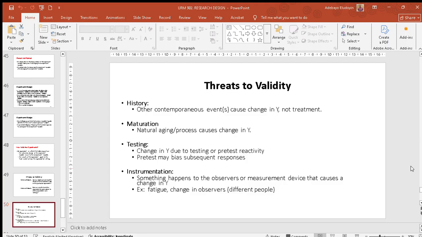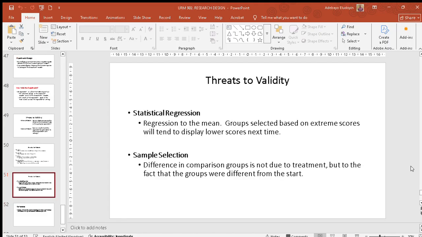For example, people using global positioning system, it is essential for you, number one, to name the model of the instrument you are using, and you put in the accuracy level, maybe plus or minus 5 meters or plus or minus 10 meters, because these will give us information about how valid your results will be. And so those are the things we have to consider